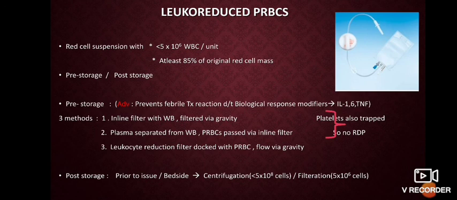In pre-storage, we have an extra advantage that we can prevent the febrile reactions which are due to the biological response modifiers like interleukin 1, interleukin 6, and TNF alpha. And there are 3 methods of pre-storage leukoreduction. That is, inline filter with whole blood, which is filtered via gravity, and then plasma which is separated from whole blood, and only the PRBC is passed via the inline filter. In these 2 techniques, the platelets will also be trapped, and hence we cannot prepare any